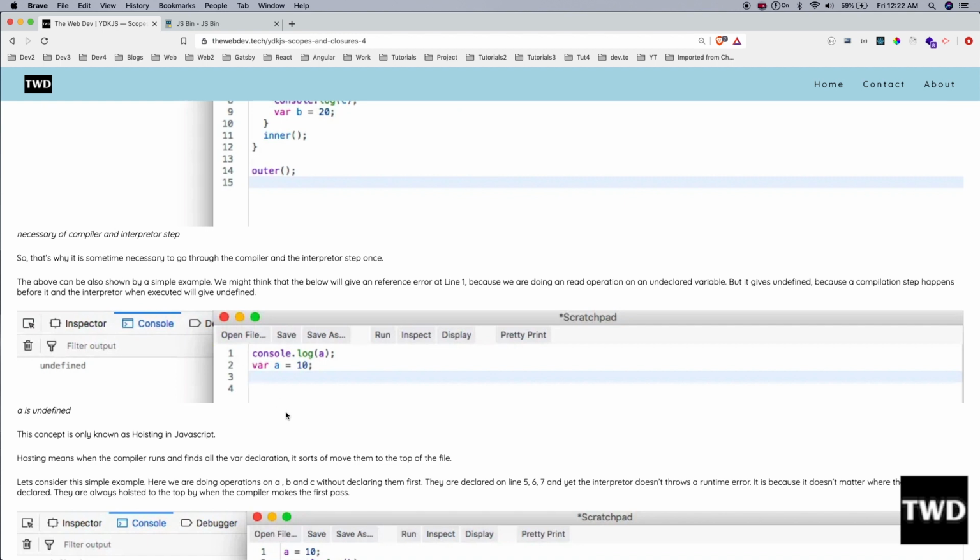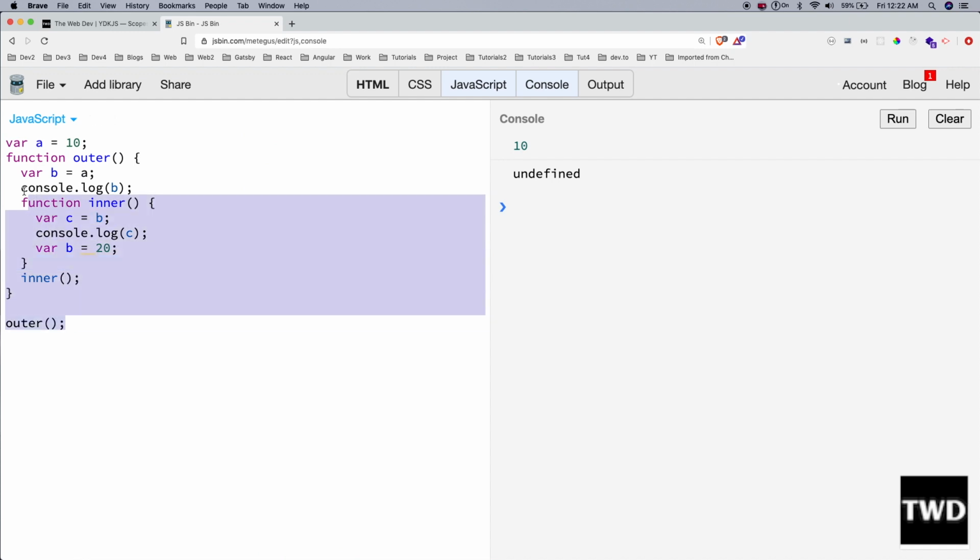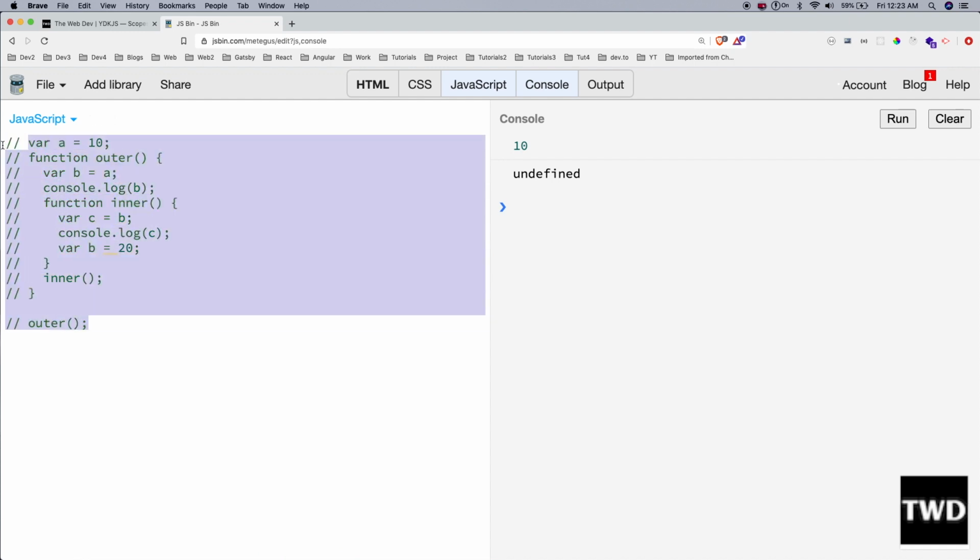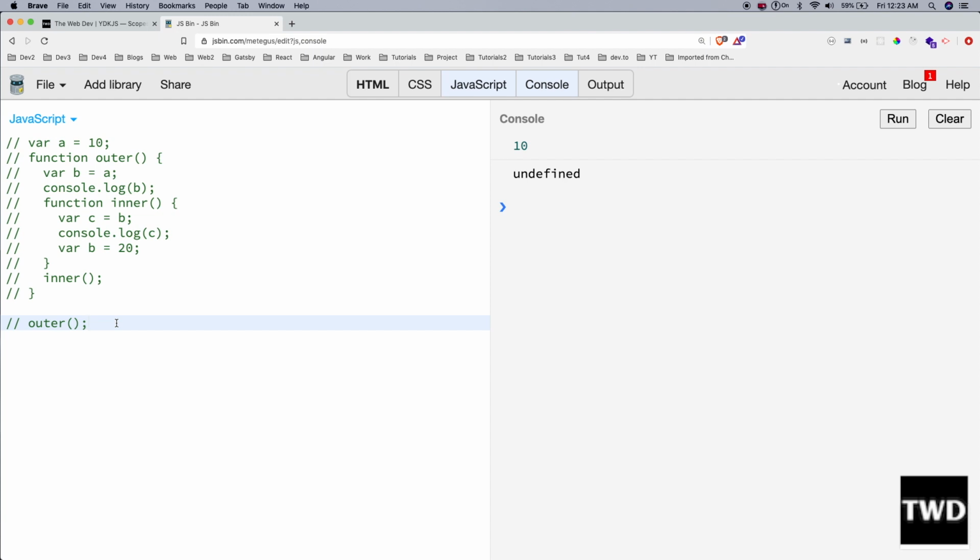Let us see some more examples here, directly here only. We can see a simple example also, like console.log of a. See, I have not defined a yet, and var a equal to 10.